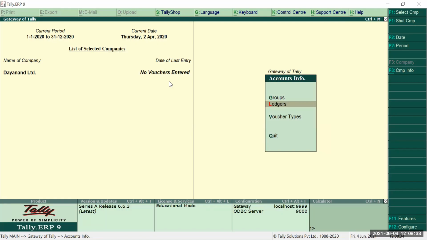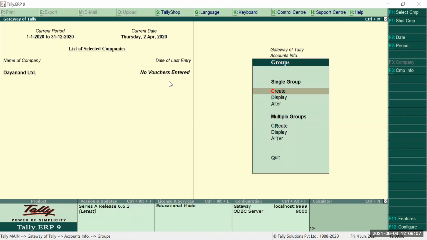Okay. Now I will be creating a group. Now let's suppose I need a group for my Hisar branch. All the ledgers of Hisar branch will be created under a certain group that is called Hisar. Or all my Hisar debtors, I want to save their names in the Hisar debtors group. So I create a group. For that I will click on G.